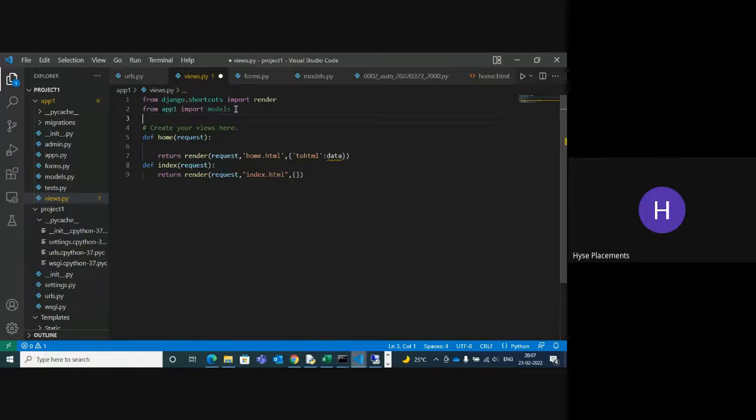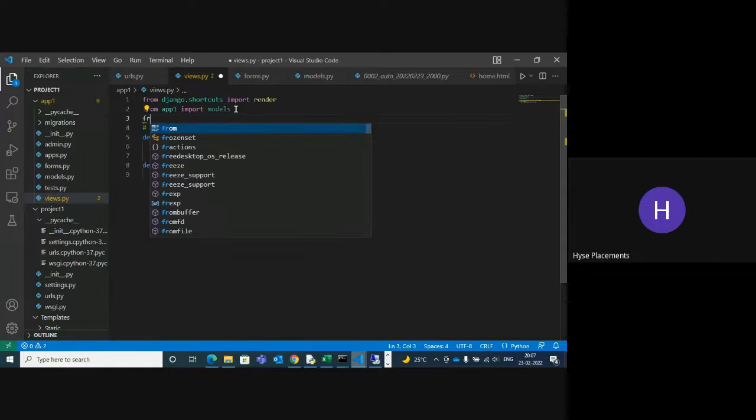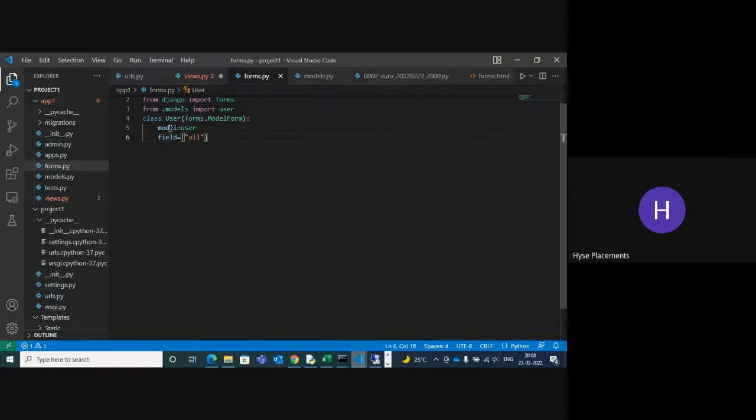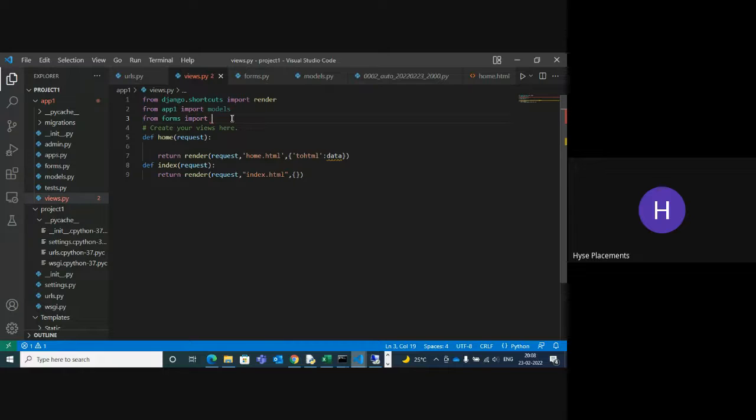You can write from forms import. What is the form? Your form name is user.